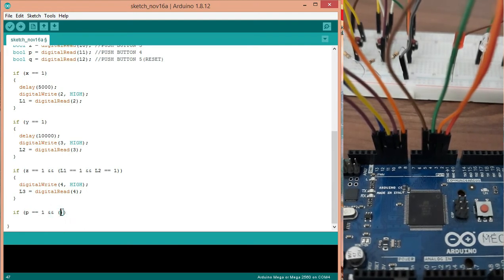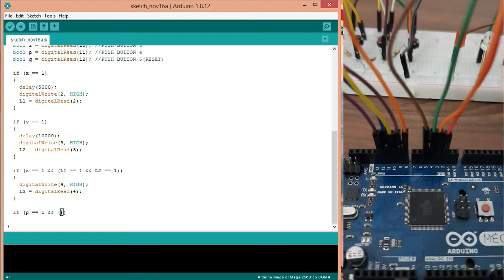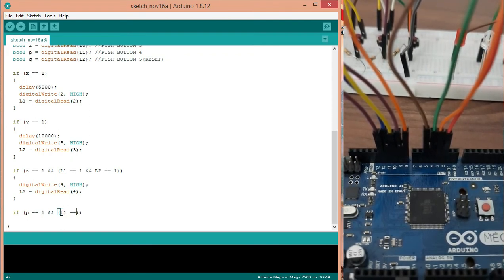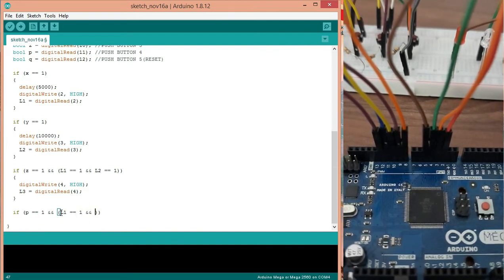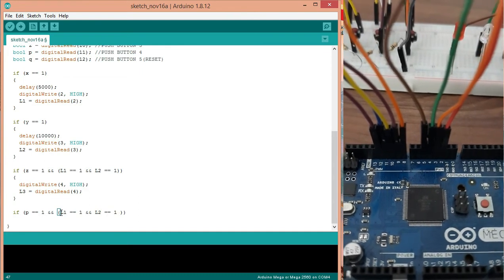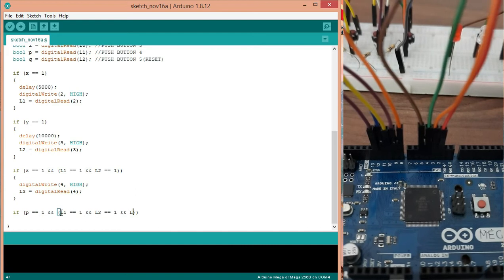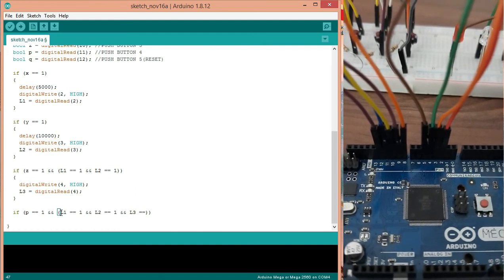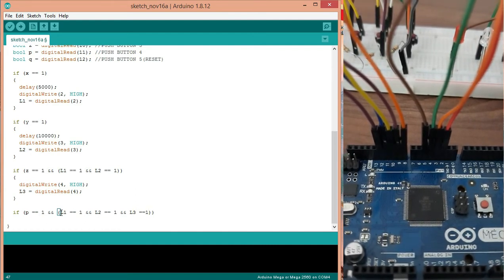So it means P1 and L1 is equal to 1 and L2 is equal to 1 and L3 is equal to 1. They all must be on.